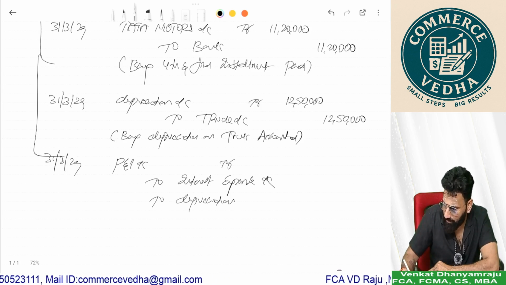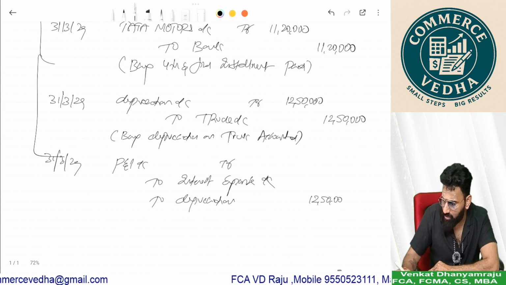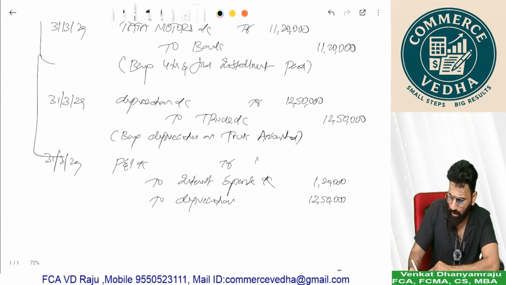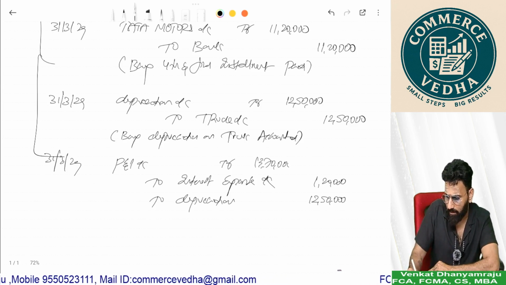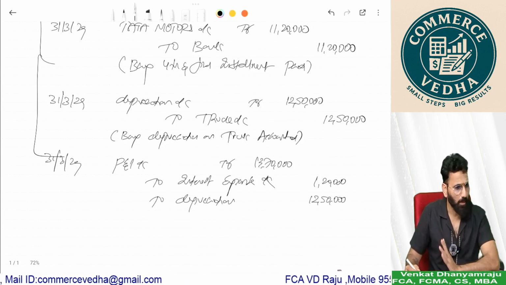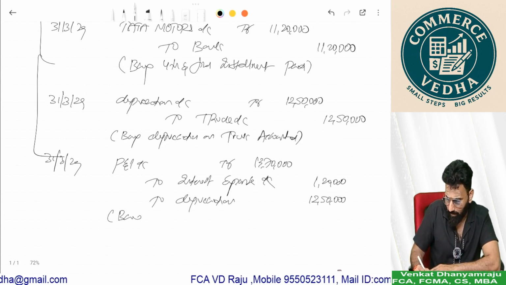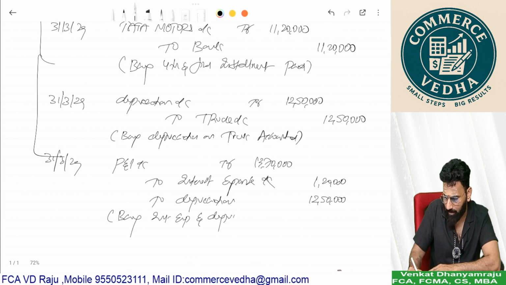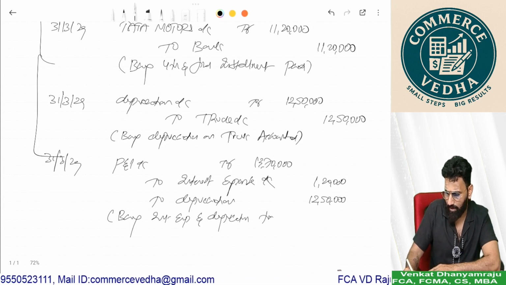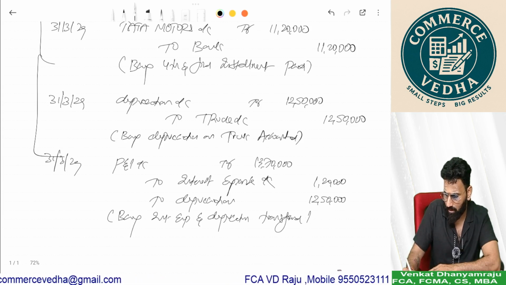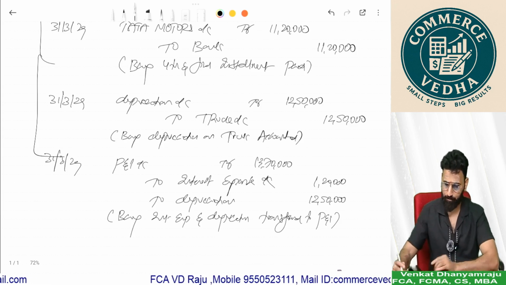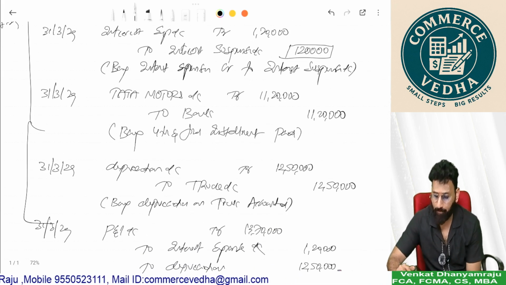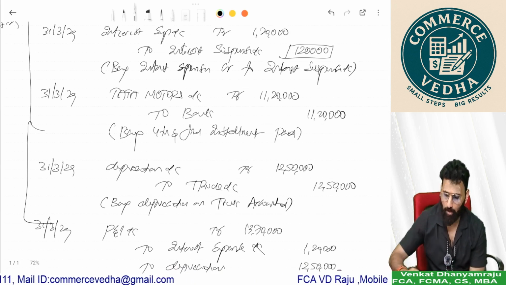Depreciation is 1250, interest expense is 120, total 1370, transferred to P&L, being interest expense and depreciation transferred to P&L. So here the important thing is that we used interest suspense as a control account because we